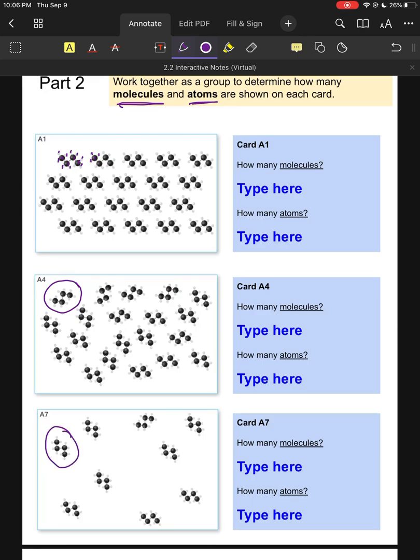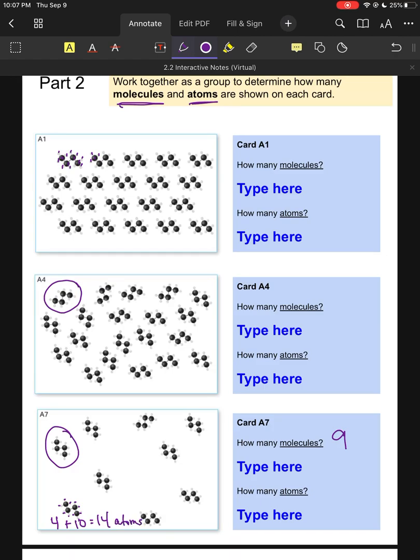I have 9 of those. So I have 9 molecules, okay? I want to know how many atoms I have total in this whole box. Well, a very quick way I could do that is just count how many atoms are in one molecule, and then I know I have 9, so I can do some math and figure it out. So let's say in each molecule I have my 4 large spheres, okay, plus 1, 2, 3, 4, 5, 6, 7, 8, 9, 10. So plus 10 atoms. So every molecule has 14